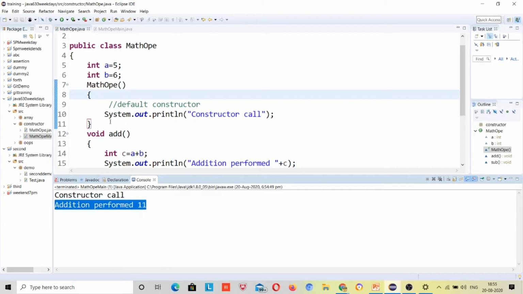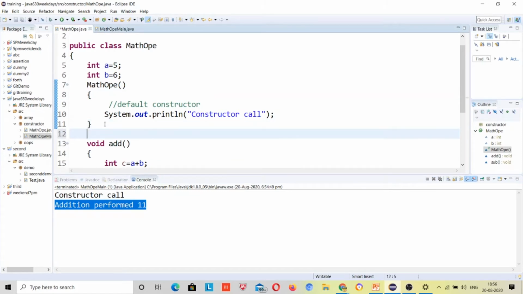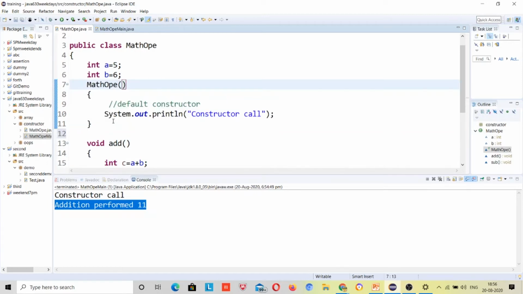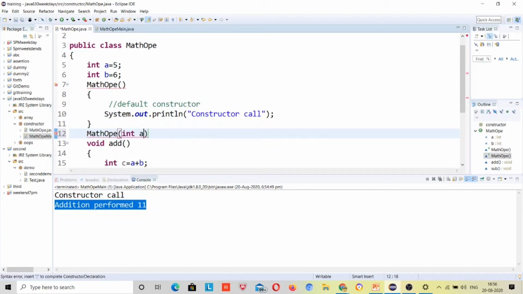Now I can have multiple constructors inside a class. How? They are similar constructors, but there may be a difference in the arguments. The constructor has the same name as the class name, so keep the same name first, and then int a, comma, int b.